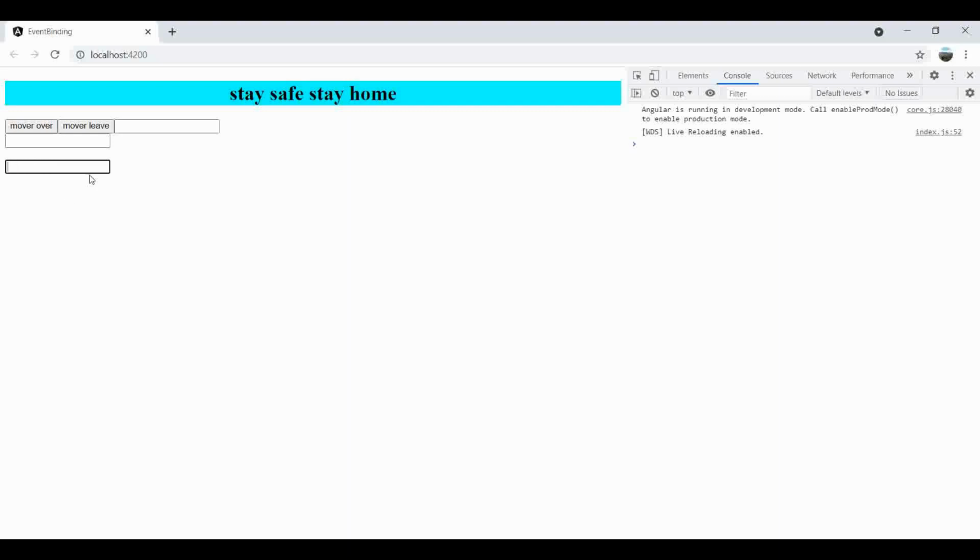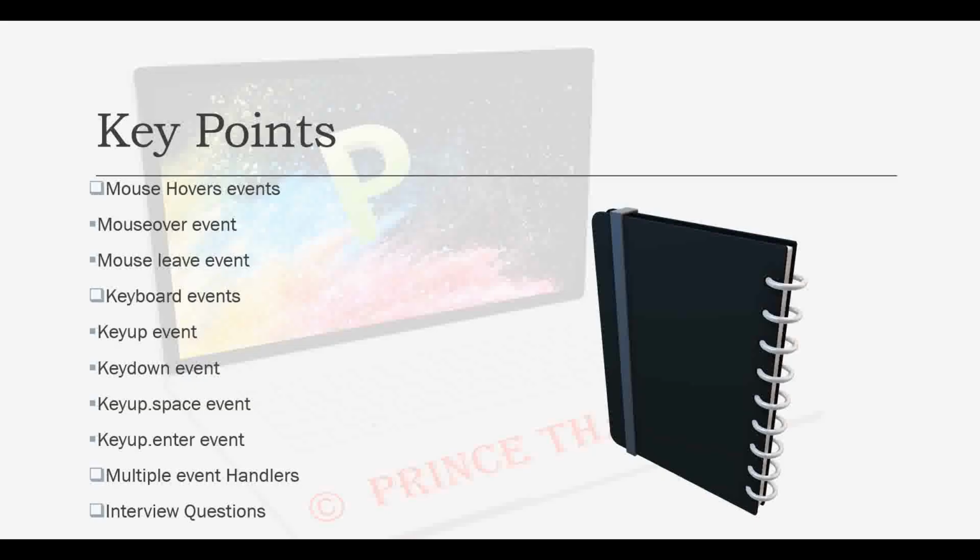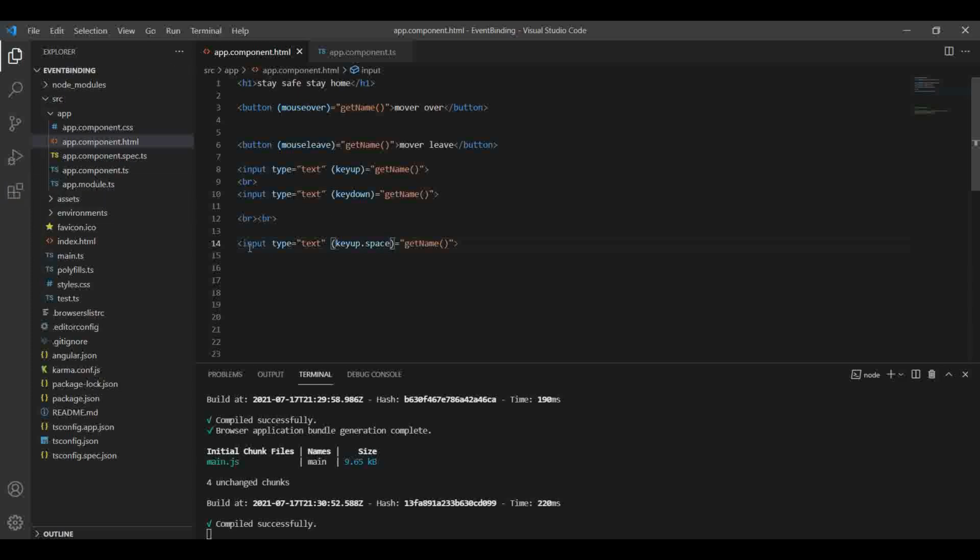I will write here prince. Nothing is performed in my console. When I press space, an event should be performed in my console. Like here, when I press space, an event is performed. Again, if I press space, an event is performed. This is the example of key up space.